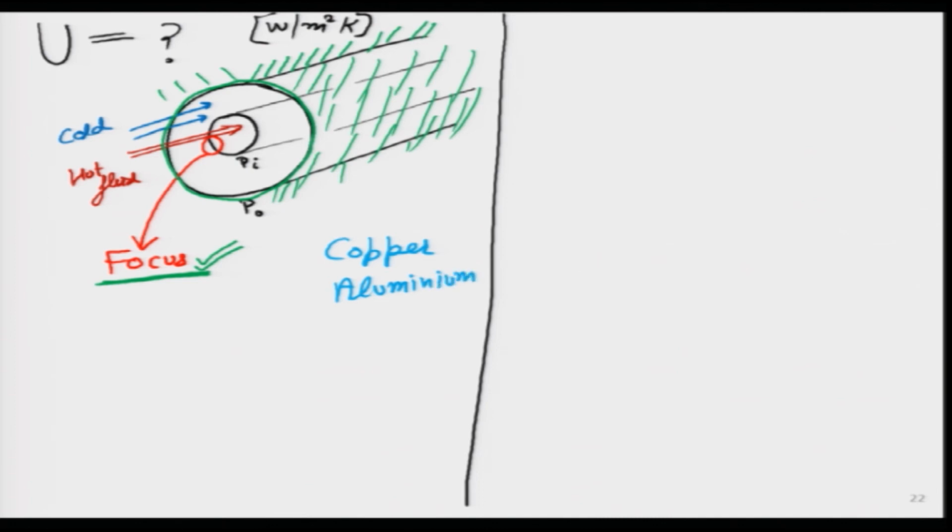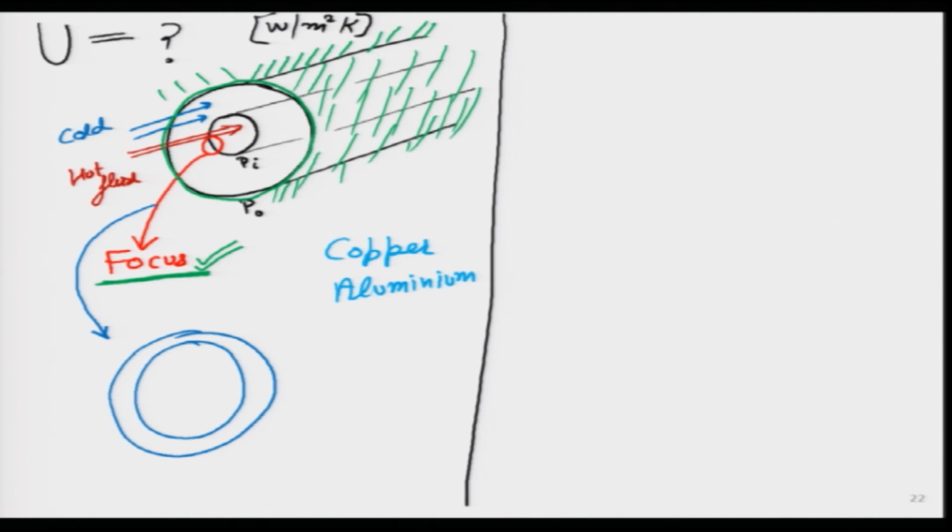Now, let us focus on this inner pipe in more detail, which means I am going to zoom in and then draw that particular pipe in more detail. So, let me draw it like this. What I am drawing is just the inner pipe, I am trying to show its thickness. This red zone which I am dotting over here, if the material of the inner pipe is copper, all of this is made of copper. So, I can write over here, this is copper, Cu, and one fluid is flowing on one side over here, and the other fluid is flowing on the other side.